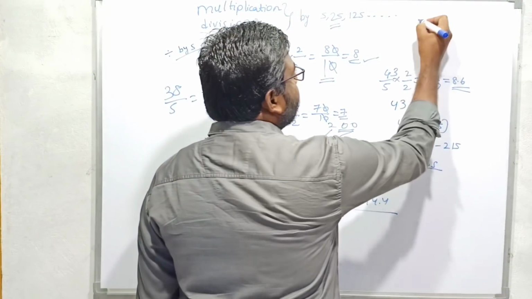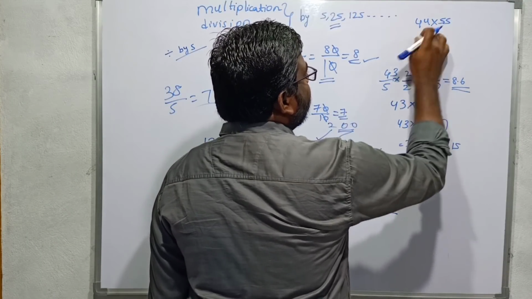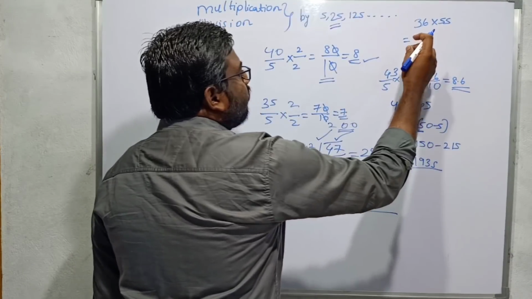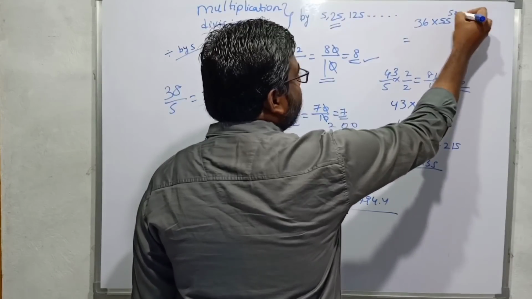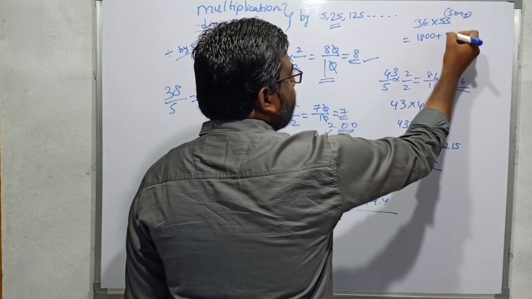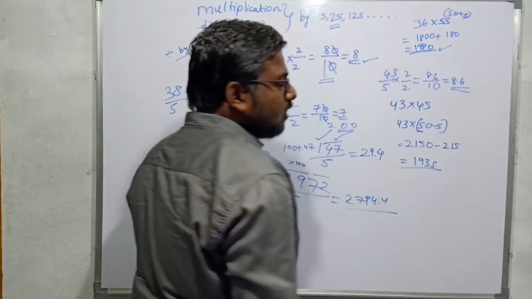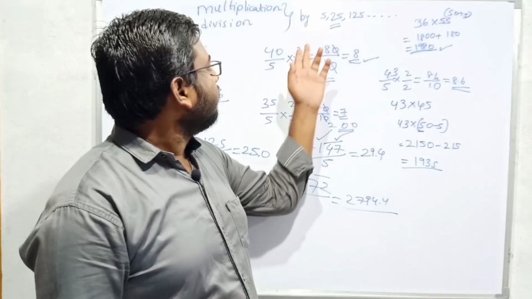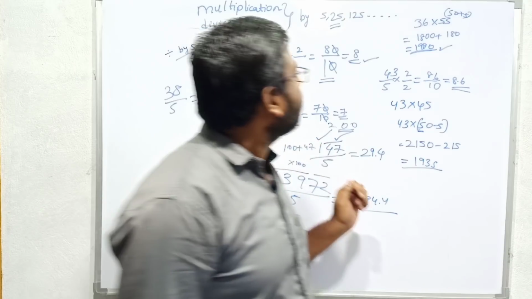For example, if I have to calculate this 44 into 55, you can take another number. 44 is an easy number. Let us say 36. So 55, you can write this as 50 plus 5. 5 into 36 is 180. 1800 plus 36 into 5 is 180. This is 1980. So these are some applications of multiplication with 5, and let us study about the division with 25 and multiplication with 25.